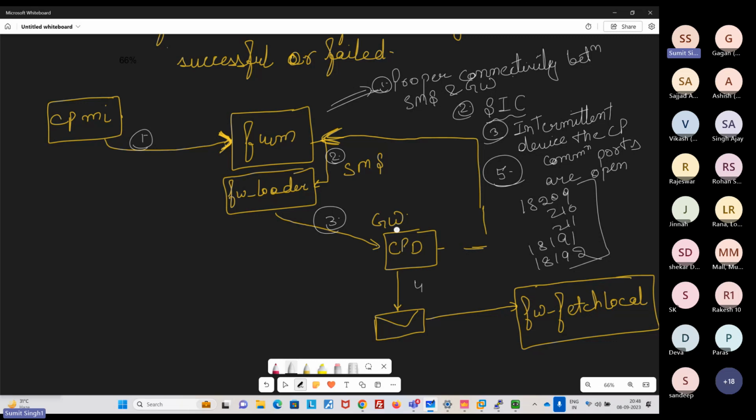And if you're talking about daemons, these two, FWM and CPD on your SMS and your gateway. Okay, Sumit, so you're saying that there can be another firewall between the SMS and the gateway. Yes, it could be, because if you remember last time, your SMS server is just a device,